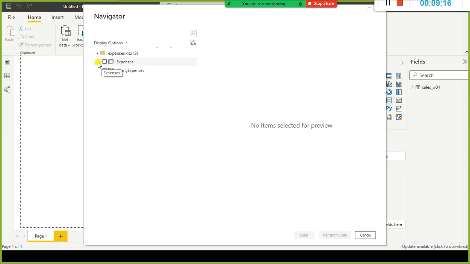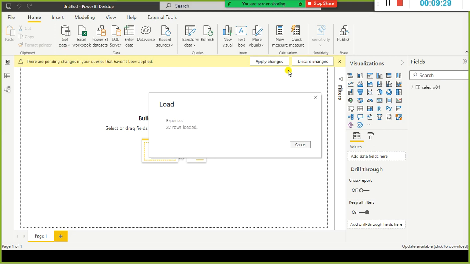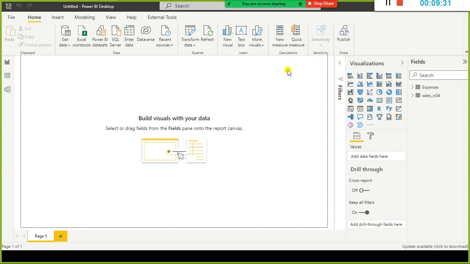So it just popped up the data preview window. I just click on load here. This is another file and one more small file. I don't want to load bigger files. If I load it, it will take longer.